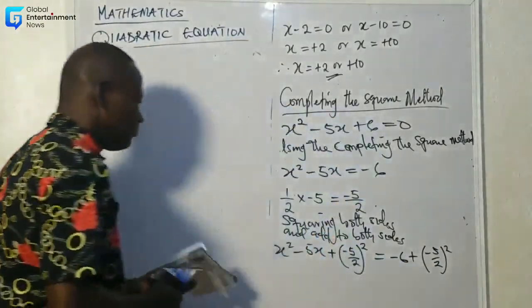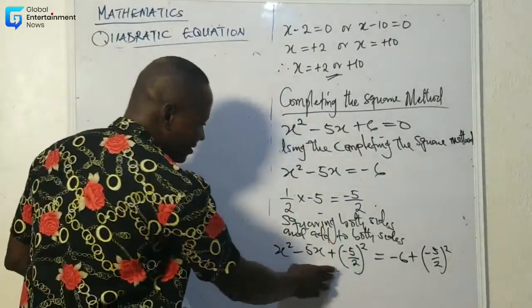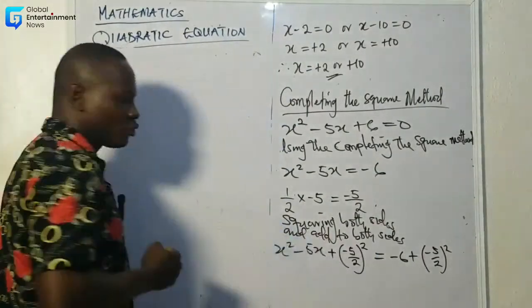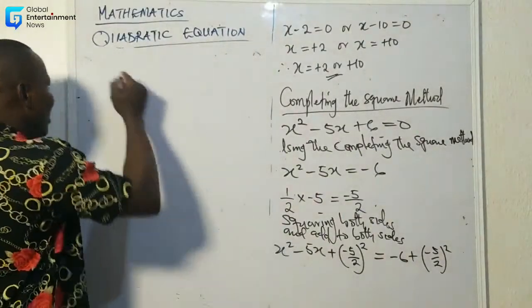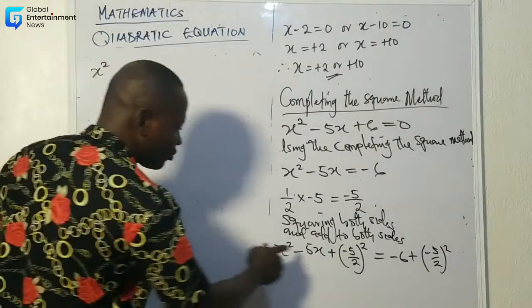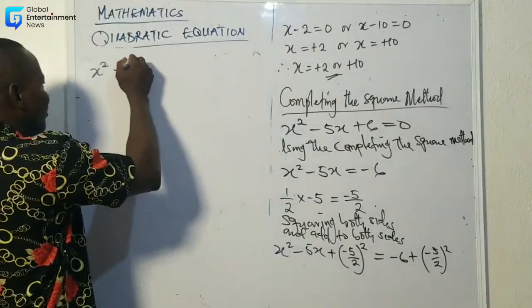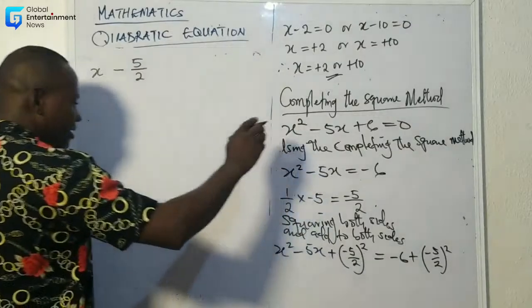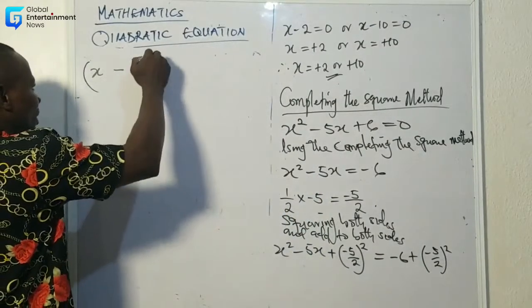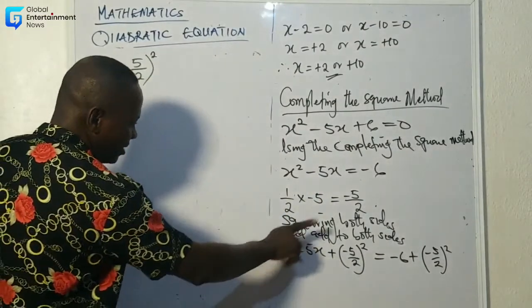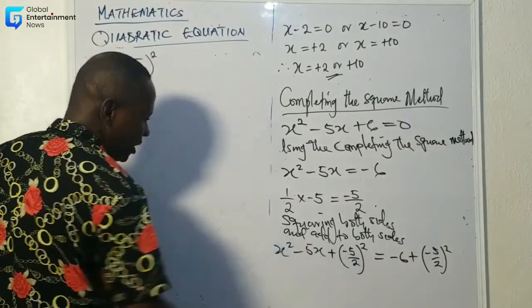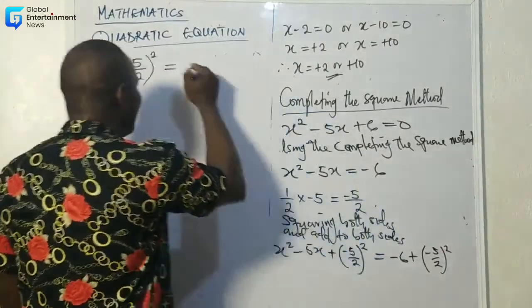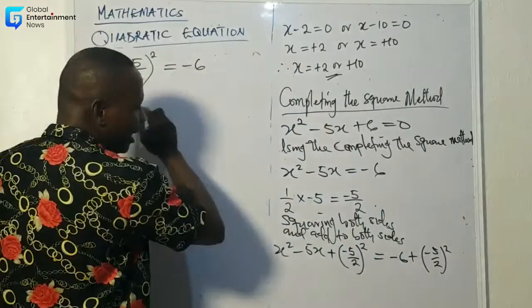Now, what do we do? We are going to check that left-hand side. Those that carry variables, we square them together. Like this, we say x minus 5 all over 2, all raised to power 2. You can see that this one carries the square, and this one doesn't carry anything. We have made use of it. That is equal to, what do we have here? We have minus 6, then plus this one,